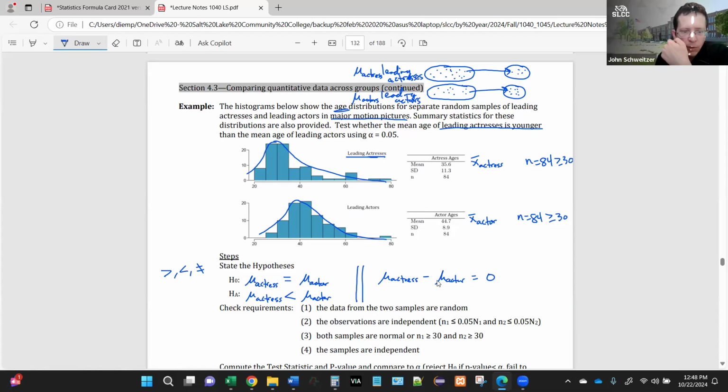We can do the same for the alternative. Okay, I can subtract mu actor from both sides. Okay, and if I did that, that would be mu actors minus mu actor is less than 0. What does that mean? Well, it means that the mean age of actors is more than the mean age of actresses, right? If you subtract those two and you get a negative number, then that's equivalent to being less than 0, right? Okay, so